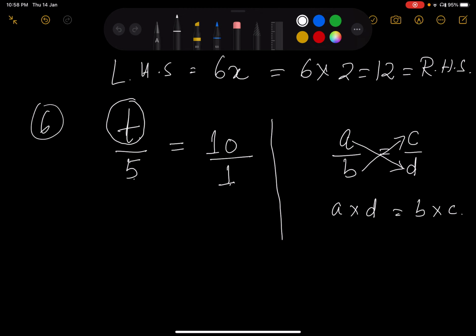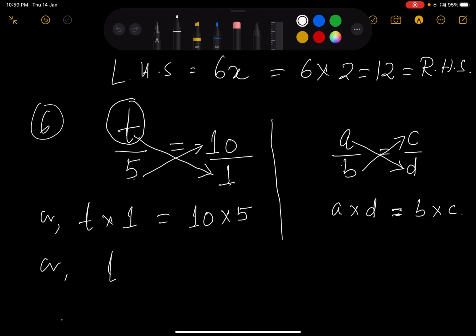So if we cross multiply here, t into 1 is equals to 5 into 10. Both sides of the equals to sign, if it is fraction, then you must cross multiply and write this kind of equations, AD is equal to B into C. So here we can write T into 1 is equal to 10 into 5, or T is equal to